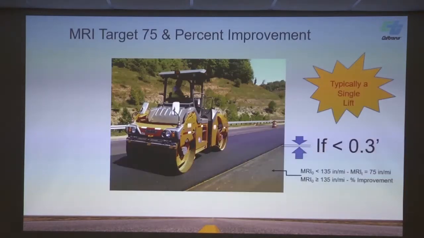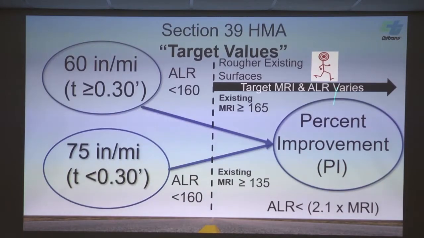So for each 10th mile segment, this applies for every 10th mile segment. I might have a 10th mile segment that's going off this. Let's say I have a 1500s lift. I'm going to be using the 75 target table or the percent improvement table. I might alternate back and forth between this table and that table every other 10th mile segment. It's going to adjust for itself.